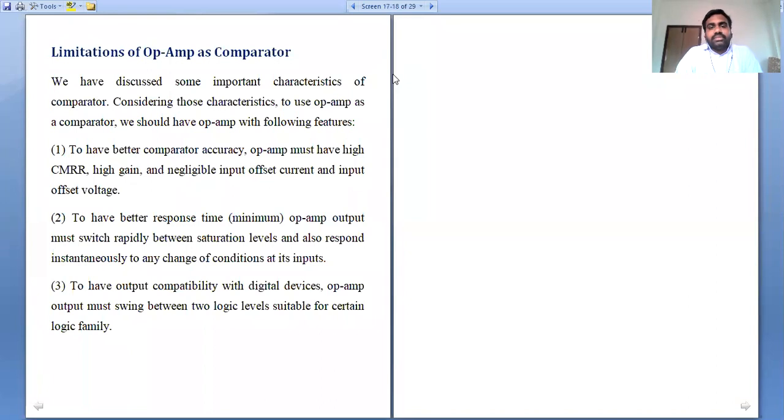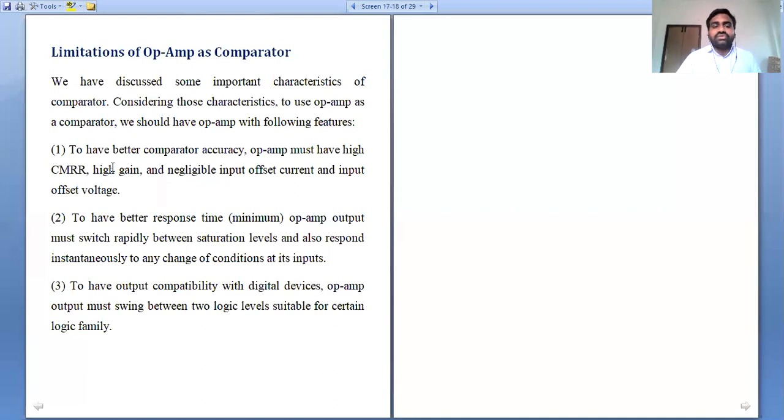What are the specific limitations of a comparator? After observing various important characteristics like accuracy, response time, output positive voltage, output negative voltage, storage functions, storage currents and all, we analyze the characteristics of the operational amplifier in our nonlinear application of comparators. Each and every comparator should follow certain parameters so that the output of the comparator is proper and its efficiency is good. It should hold a particular good output voltage profile.